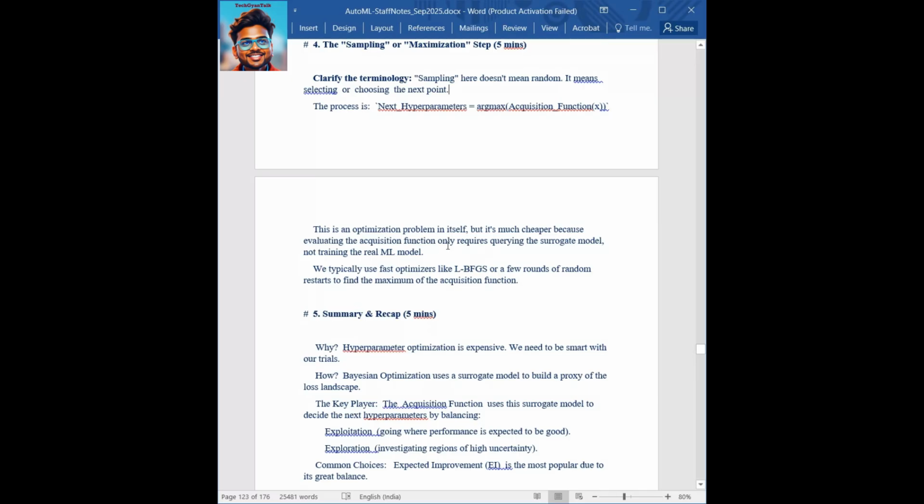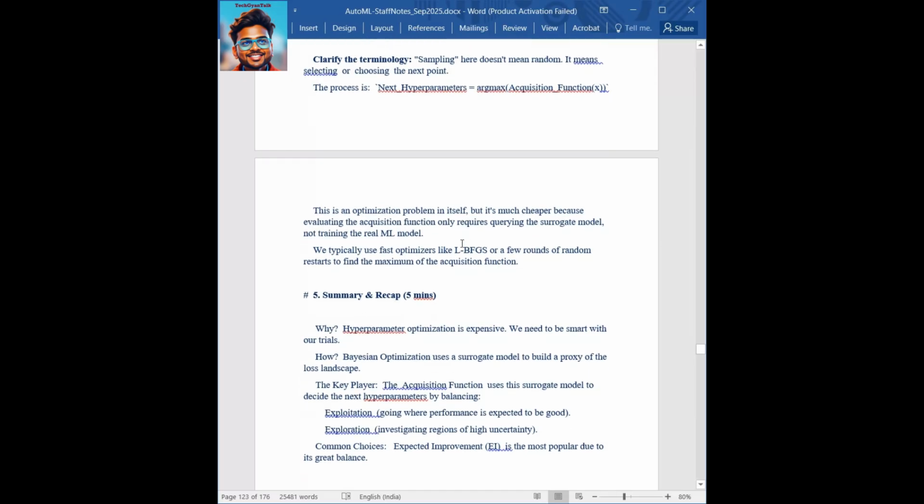So this is an optimization problem in itself, but it's much cheaper because evaluating the acquisition function only requires querying the surrogate model, not training the real ML model. So this is one advantage of the acquisition function. It is just querying a surrogate model, so you're not going to invest much in optimizing the acquisition function. We typically use fast optimizers like LBFGS or a few rounds of random restarts to find the maximum of